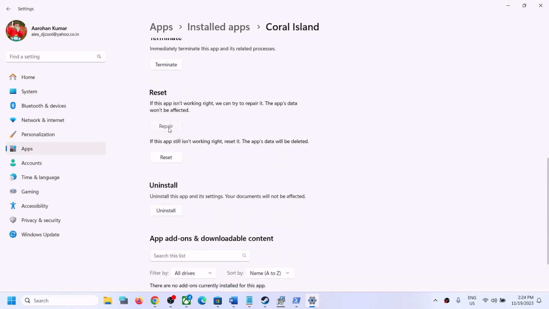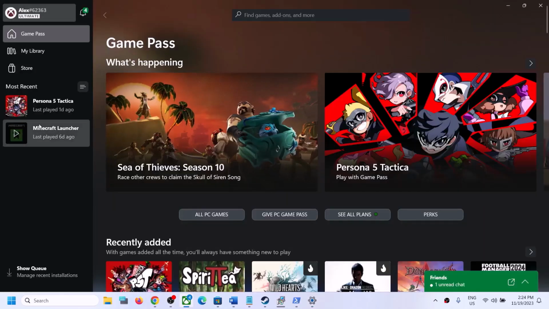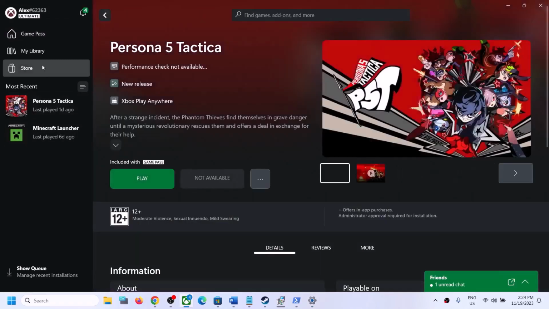Scroll down, now click on repair. Now after the repair, launch the game. Still if you're facing the problem, then click on reset. Read this, now click on reset. And once the reset is done in the Xbox app, you might not see the game over here, or the game